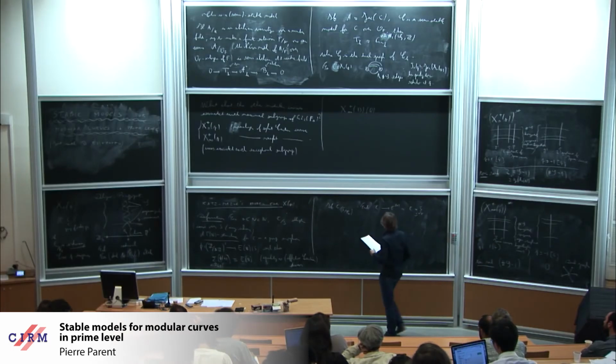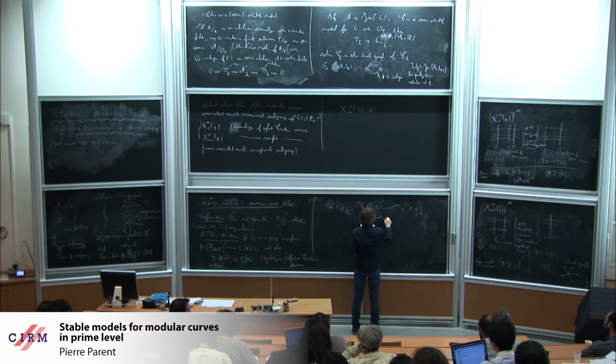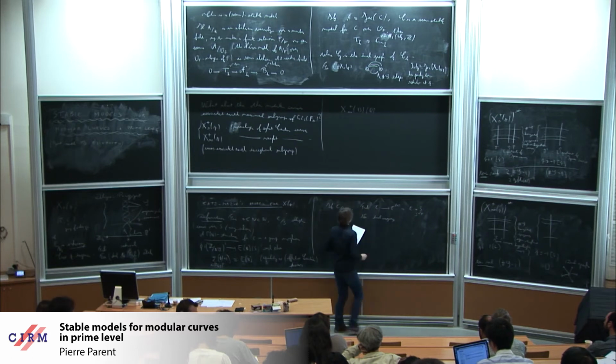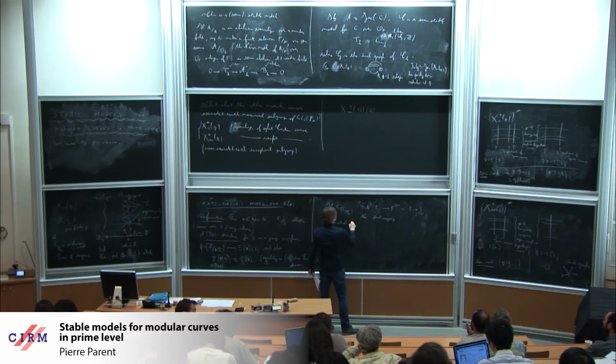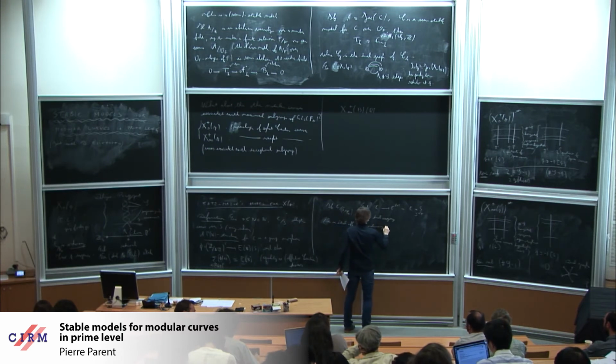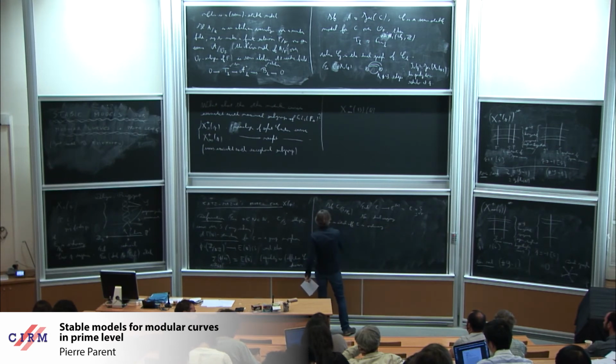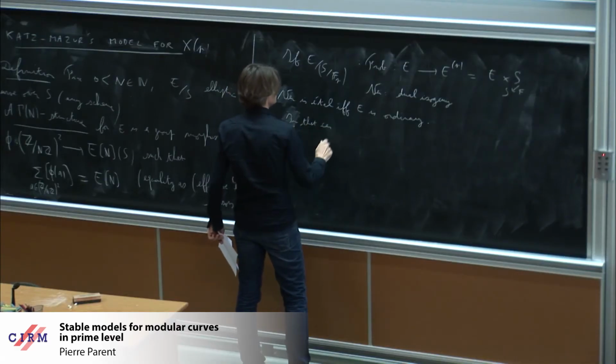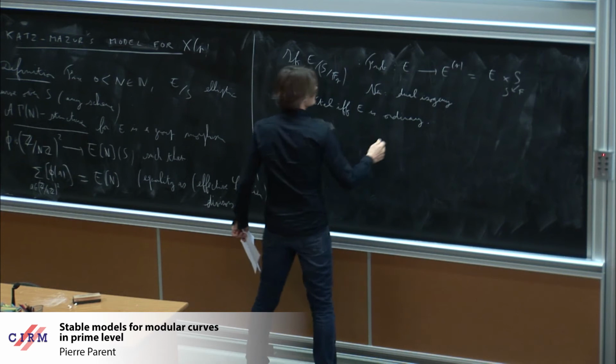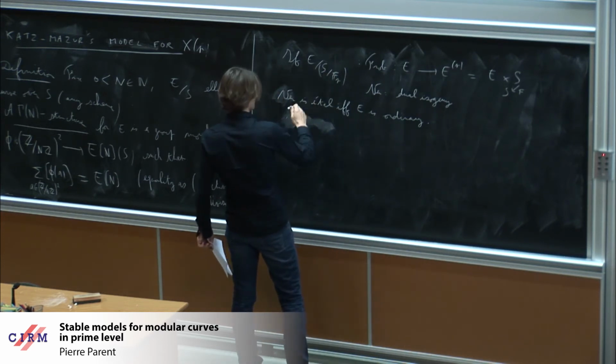So you have this isogeny, and there is again the dual isogeny to the Frobenius, the Verschiebung, and then Verschiebung is étale if E is ordinary. So what's going on? Well, in that case, I should